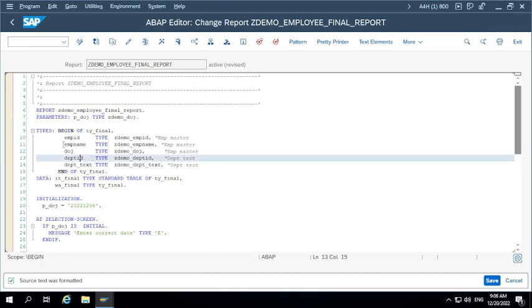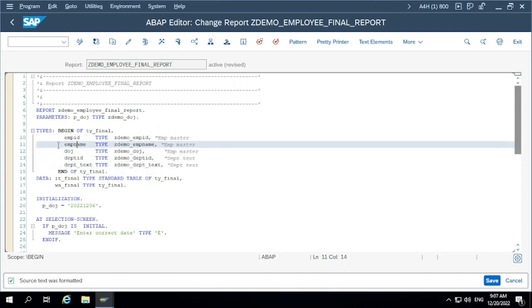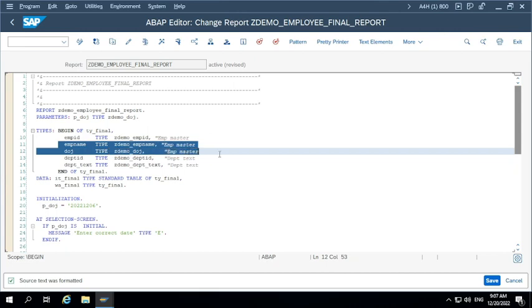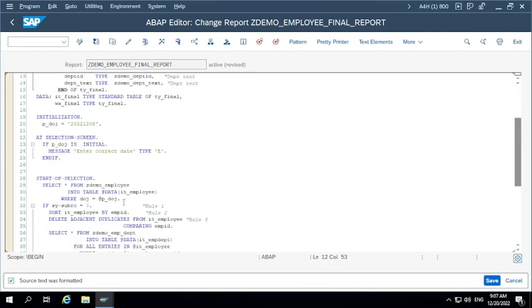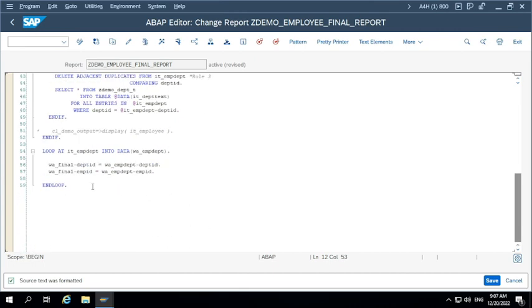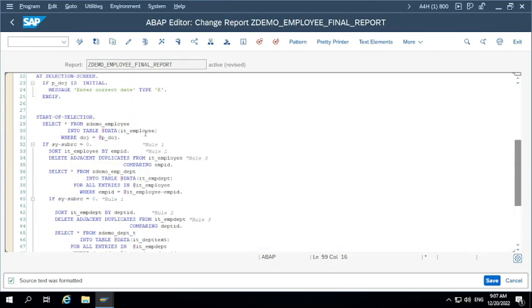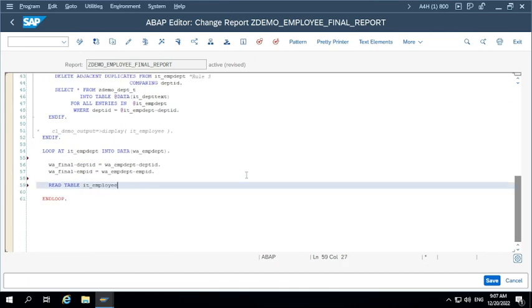What are the remaining fields? Employee name, date of join, and department text. Now, from where can we find employee name and date of join? From the employee master table, right? In the first table, employee master table. How can you get that value here? We need to use which statement? Read statement, read table. Which table do we need to read? Employee master table, internal table IT_employee,